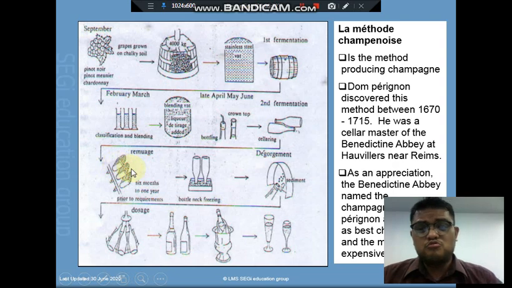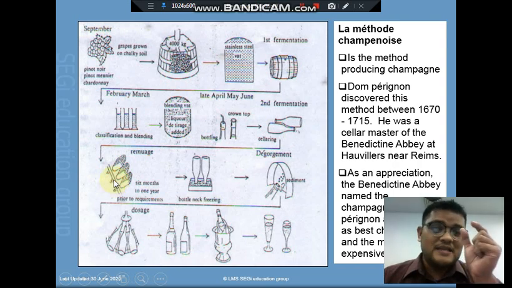And then after some time they will go into the remouillage process. Remouillage means you will change the position from horizontal to diagonal, and then it will deposit all the sediment. Remember the word sediment? All the sediment will be deposited into the corks. So all of this sediment after that will be